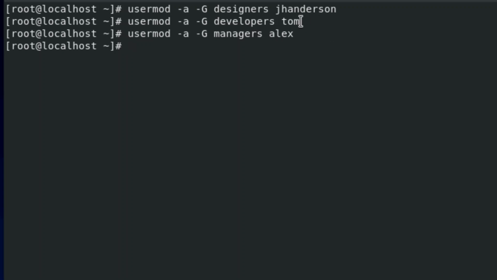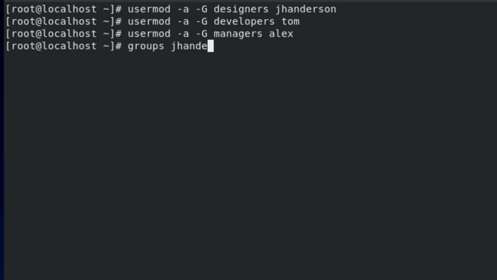of any other existing groups for these three. All right. If we would have just done group without the append, it would have wiped out all groups and only put this as the main group. So you always want to do append. Unless you want it to be the only group, then you don't do append. Okay. But just to prove that that actually is successful, we can run the groups command on each one of